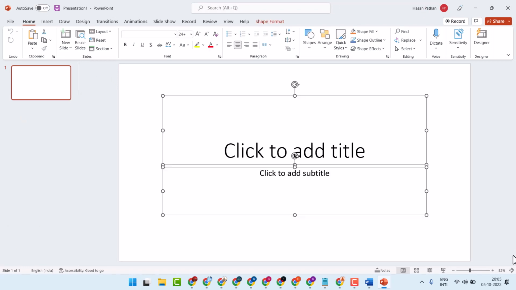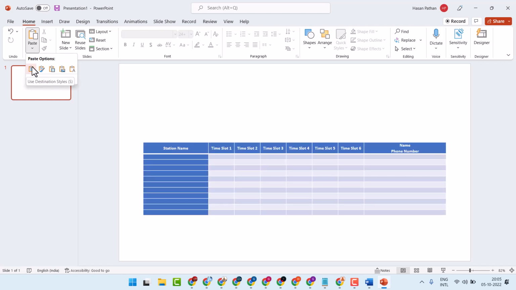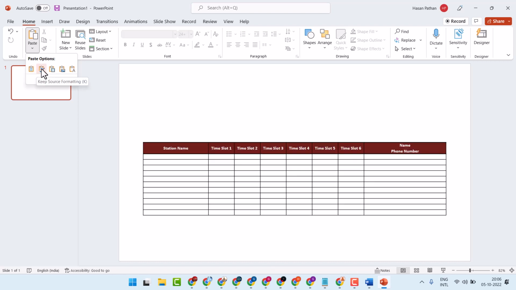Now delete, and you can keep them also. Now click on this paste down arrow. Here you will see some options like use destination style, keep source formatting, embed,